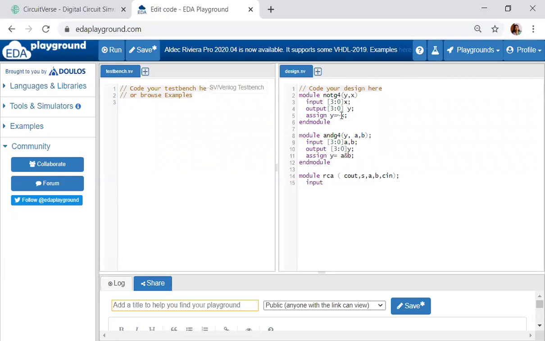Input, it will be 3 down to 0, A comma B. Again there's one more input, Cin. Then I have an output 3 down to 0, sum, and there's one more output. What is the other output? Cout with 1 bit. So I've written it differently.